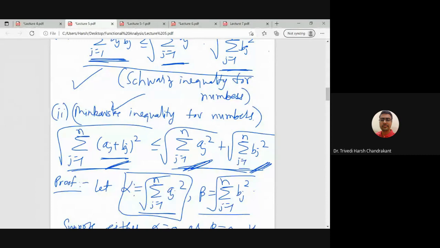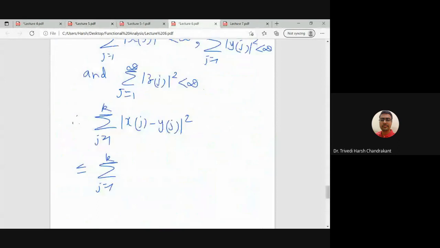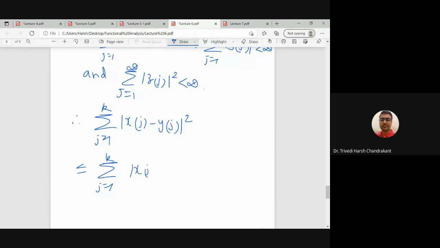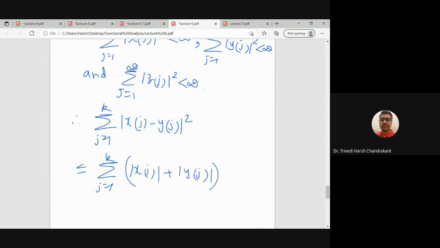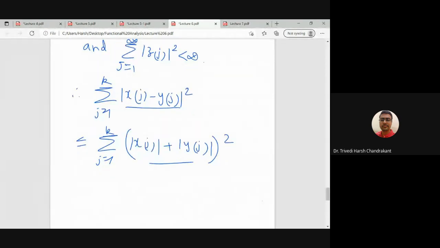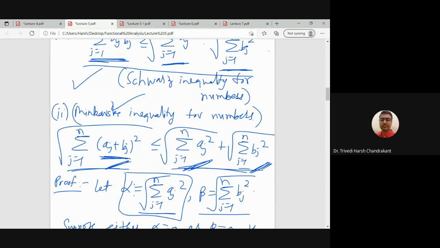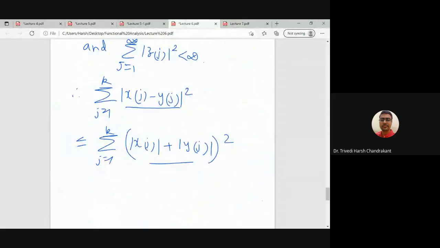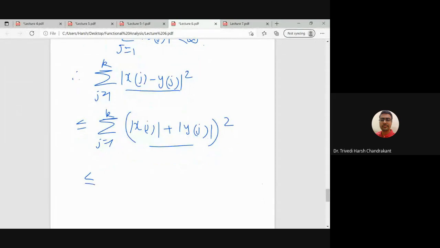If you want to apply this criterion, then we need to write this series as modulus xj plus modulus yj square, right? Because this thing is less than or equal to this. So now we can apply the Minkowski inequality, and that will give us this term is less than or equal to